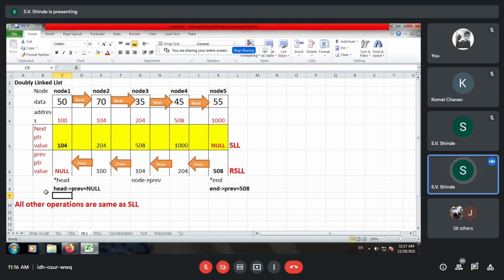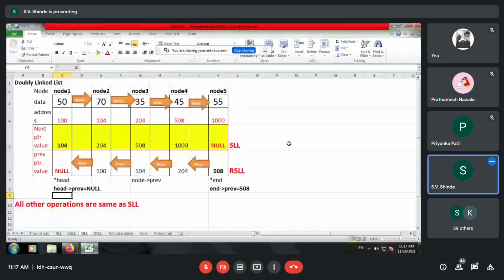Yes, participants, able to understand the design of the doubly linked list? This is the detailed design. This is the detailed design as far as the doubly linked list is concerned. Now, again the question is, we have two null pointers.